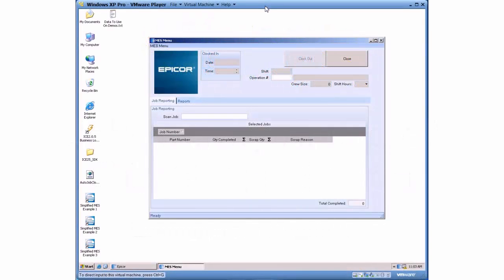This is a demo for a custom MES screen that we've made up for some simplified input for some shop floors. The way the default MES screen would work is that each employee would be expected to clock on and off of jobs individually, reporting their individual quantities as they complete them. And for some environments that might not work out well, and for this particular customer we originally developed this for,